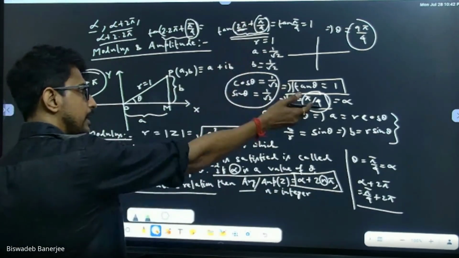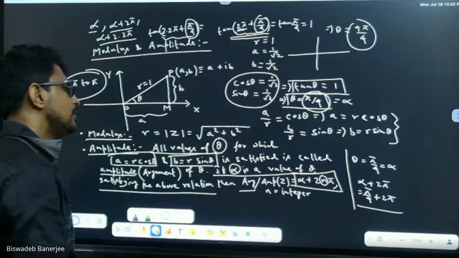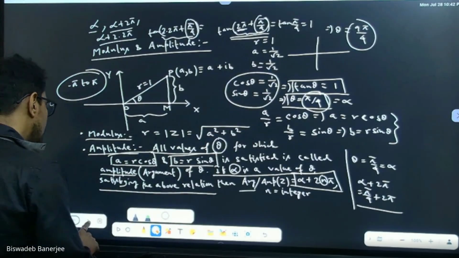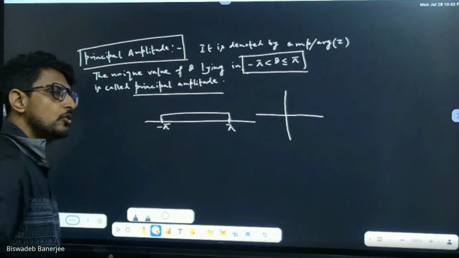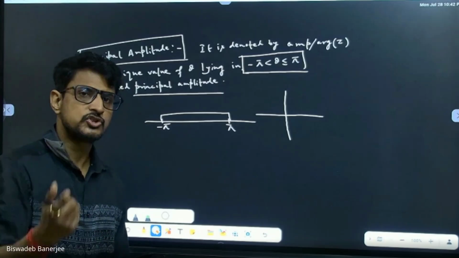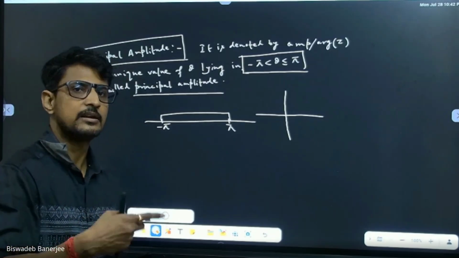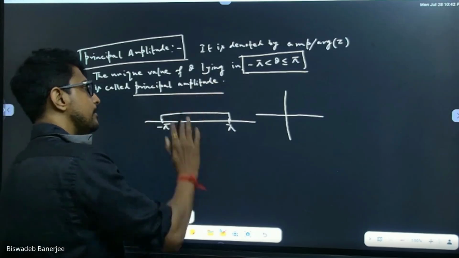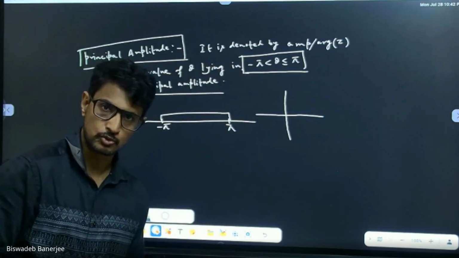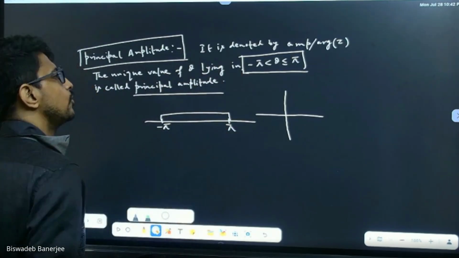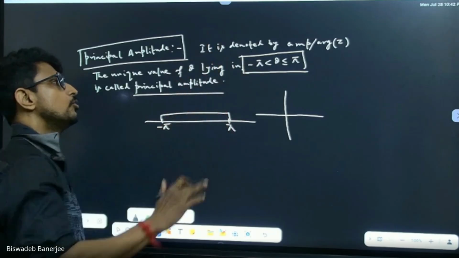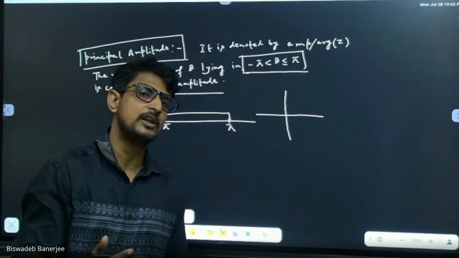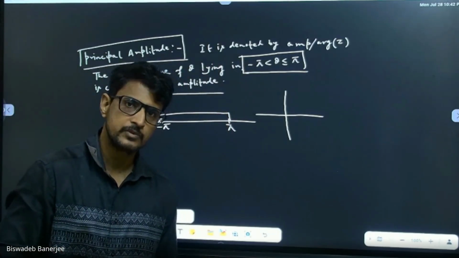So, by means of an example, I have explained this. And finally, we shall not consider all these values of theta. We shall consider the value of theta that lies between minus pi and pi, and that value will be my principal amplitude. We shall not consider all the values of theta, we shall consider only the value that lies in minus pi to pi. Now we